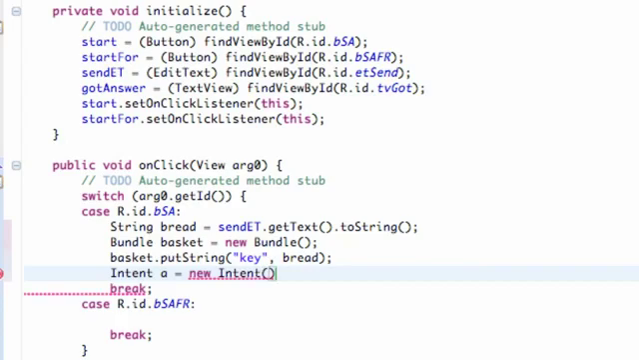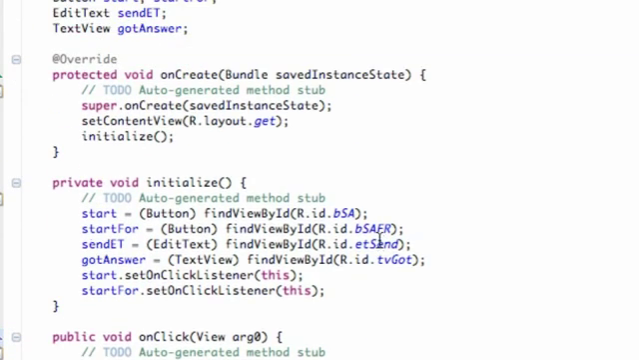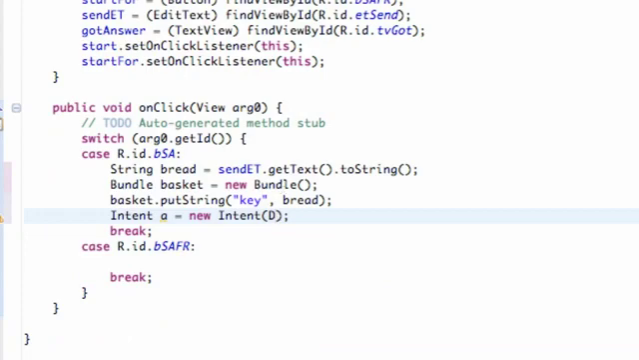And as always we say new intent. But this is going to be a little bit different in parameters for the most part. So instead we're going to give the context, and then say what class we want to open. So the context of this class, which is called data, so we're going to say data.this, comma, and then the class name that we want to open. And so we're going to say open class